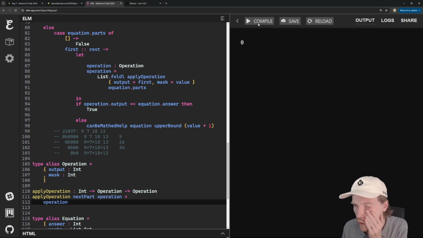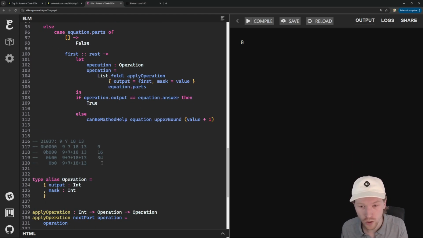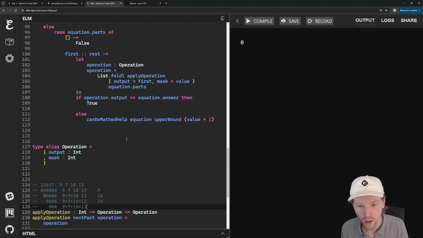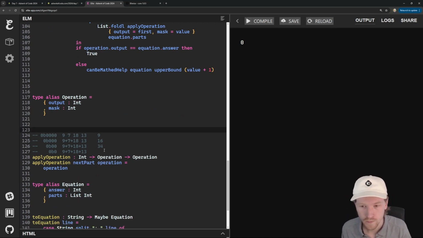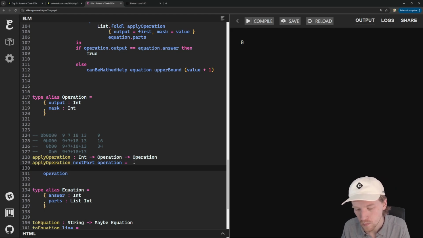This should return false for everything in 0. So our code's coding. This is actually the logic we want, but we want to run this simulation with our mask. So what I'm going to do is, this is the fun part, we're going to say if the operation is odd, basically,